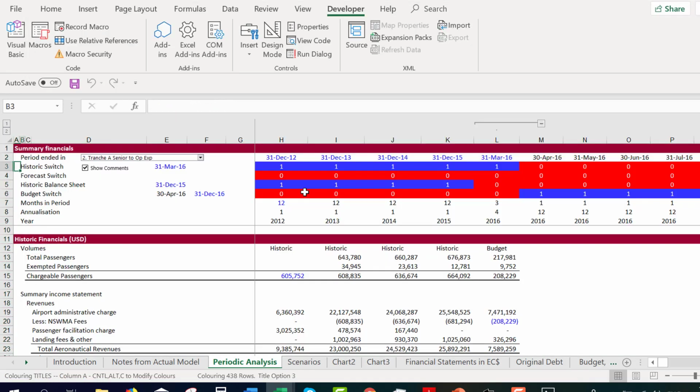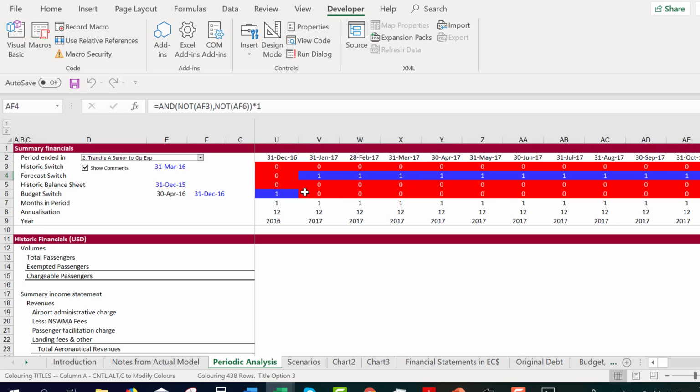When we do that, we start with just what's our historic. Maybe this is kind of nicer. Maybe you can even see it a little better than true false. Maybe Hetty's right. And then the forecast switch, which should be equal not, oh shoot, well, I'm going to leave it for now. This is just if it's not the budget, excuse me.